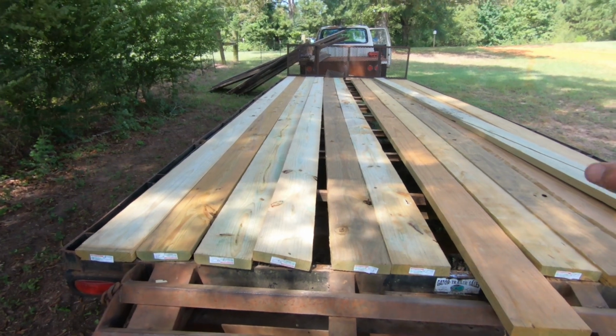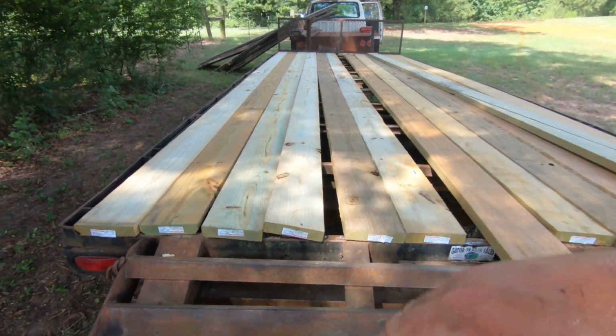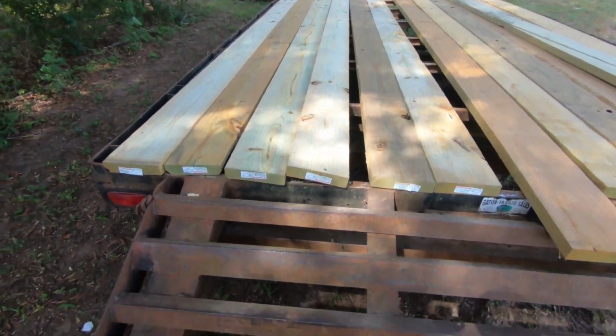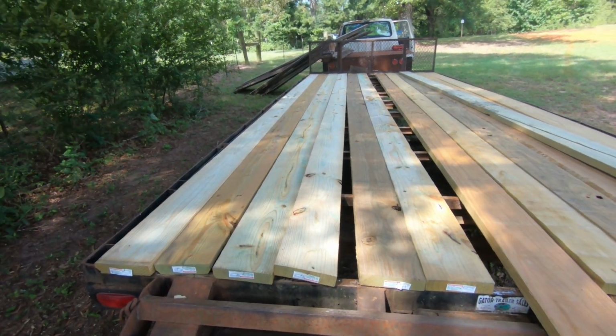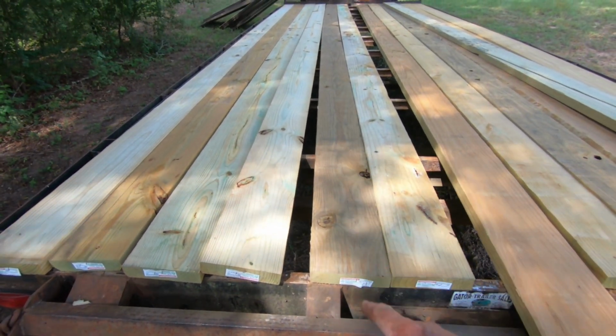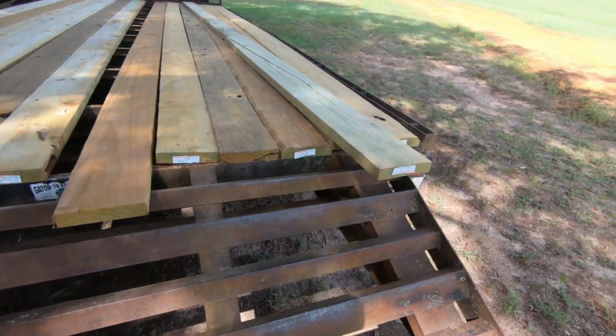Alright, before I put any screws in, I like to lay all my boards out and see which ones I got to move around. I like to put the best boards under where your vehicle tires will be running on it. The maintenance reason is to find out which boards you're gonna have to throw back at the wood yard. You got that one, and